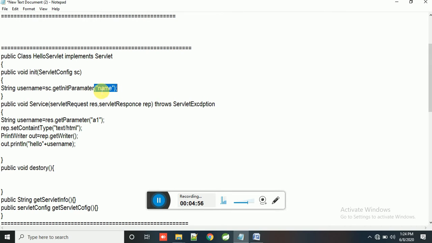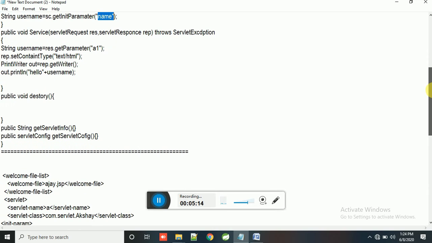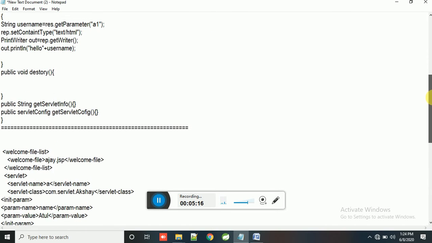Here, whichever name you want to pass, because the XML structure works on key-value pairs. By using the key you can get that particular value. Here you get an independent parameter for the servlet.